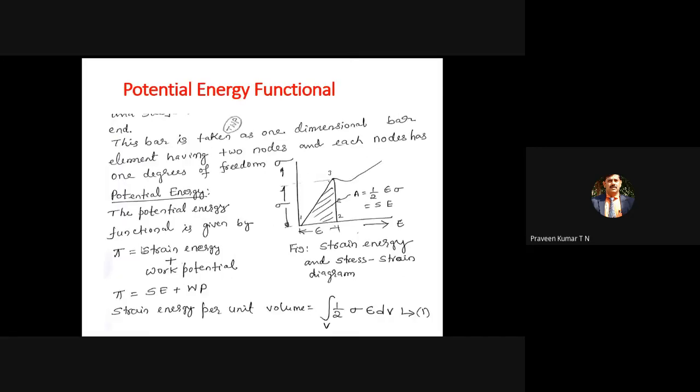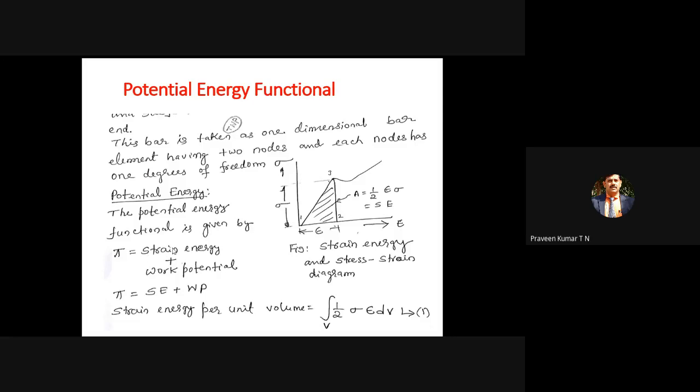So we have the potential energy functional. A function of a function is referred to as a functional. That is a concept we studied in mathematics. The best example is your result. It is a functional because each subject mark depends upon your main examination marks as well as the internal marks. Like that, your final score depends upon each subject score. So that is also considered a functional.